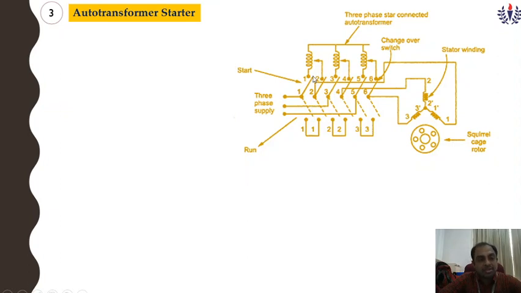When the switch is in start position, the stator winding will be supplied with reduced voltage. This can be controlled by tappings provided with the auto transformer. The applied voltage is reduced by the fractional percentage tapping X used for the auto transformer. The motor gathers 80% of normal speed. The changeover switch is then thrown into run position.